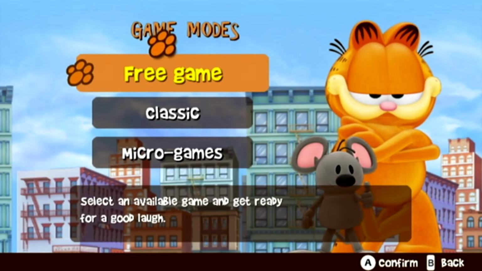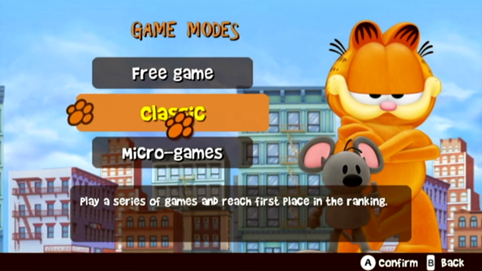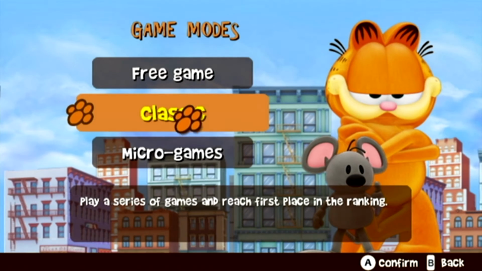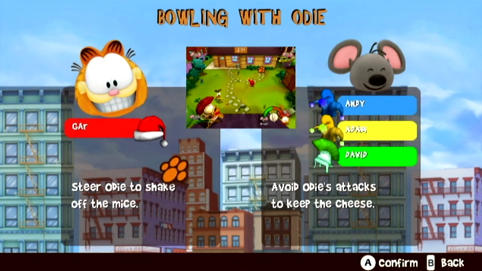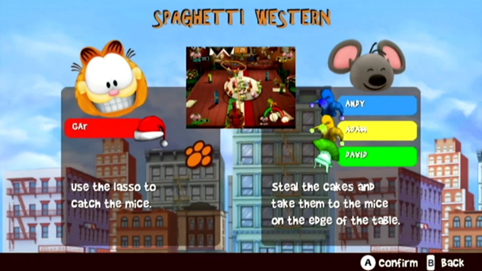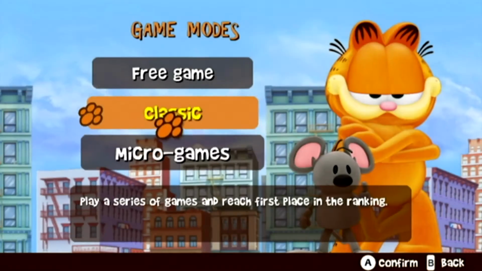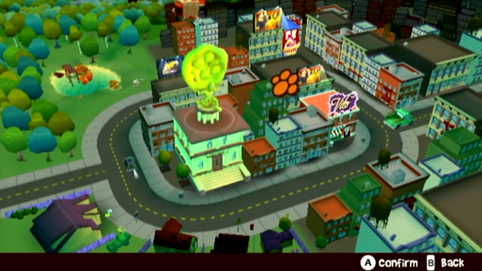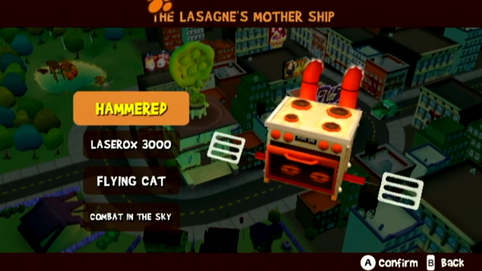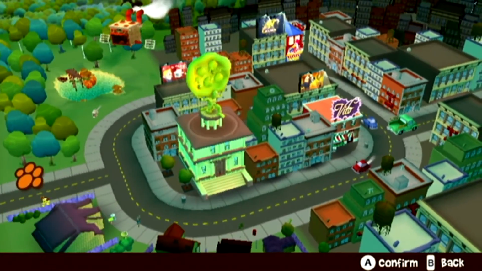Free games. Select an available game and get ready for a good laugh. Play a series of games and reach first place in your ranking, or play minigames connected to wild activities. Steer Odie to shake off the mine. Nope. Use the lasso to... You can't even pick. It just chooses a random one. Throw pizzas at the... And with free game, you just end up on the mission map. I guess we can pick all of the ones here. So that's kind of a neat map system, I suppose. But...